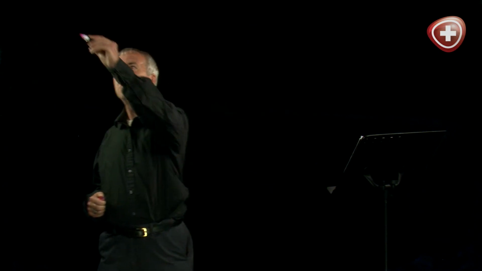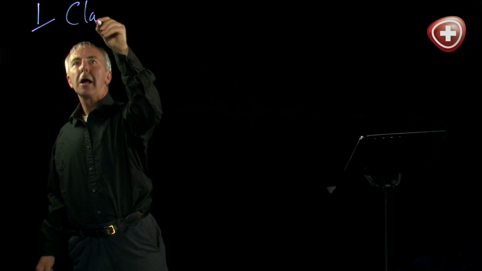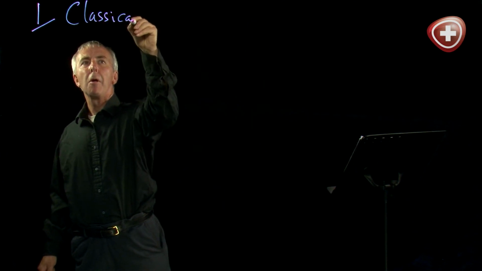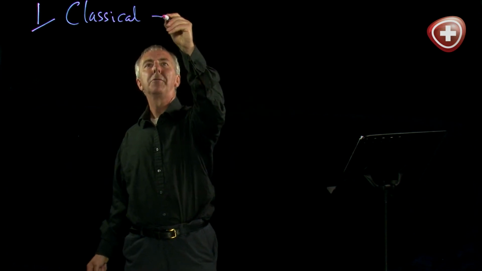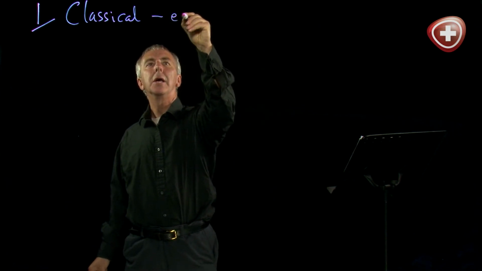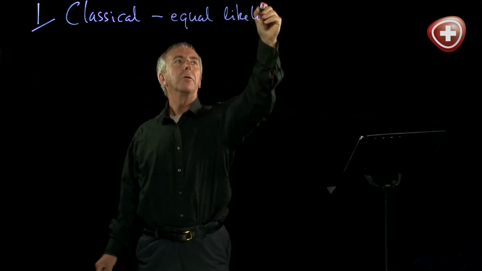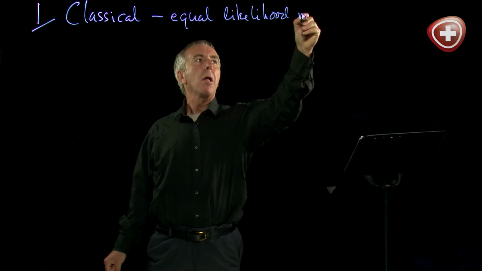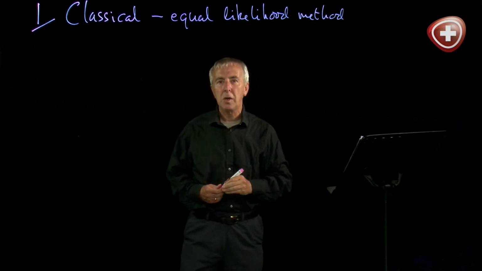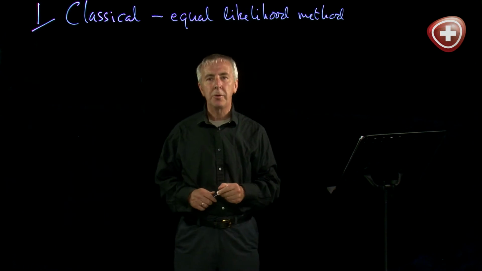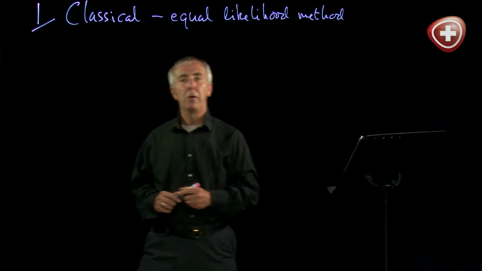The first one is what's called the classical definition, and this is also sometimes called the equal likelihood method. And this applies when you're doing an experiment with a number of outcomes and they've all got the same chance of happening. So for example, if I roll a die,